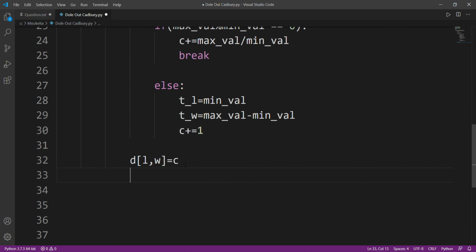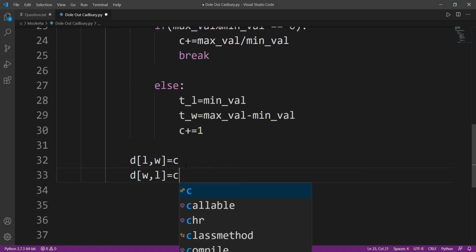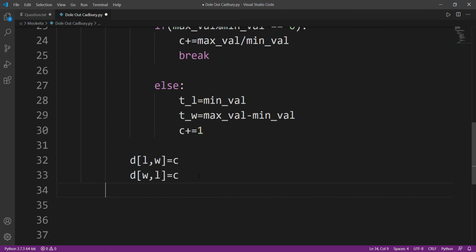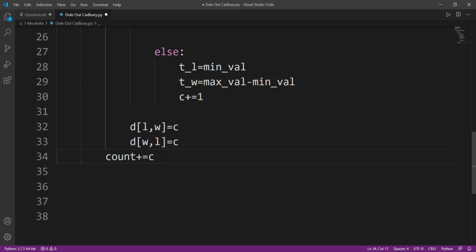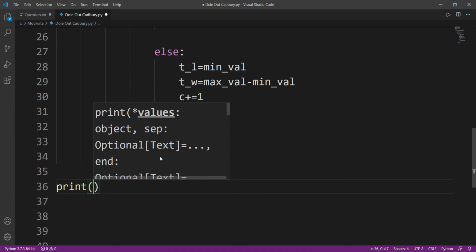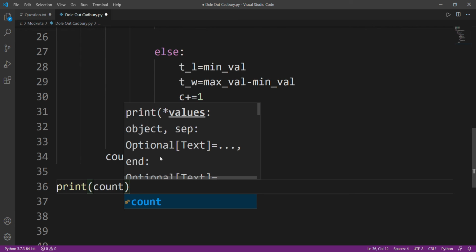So we'll insert C for both of those values, DLW or DWL. After that I'll add all of these values into count, which will give me C, and I initialize C here. In Python you have to keep indentation in mind a lot. Now this will be our answer.